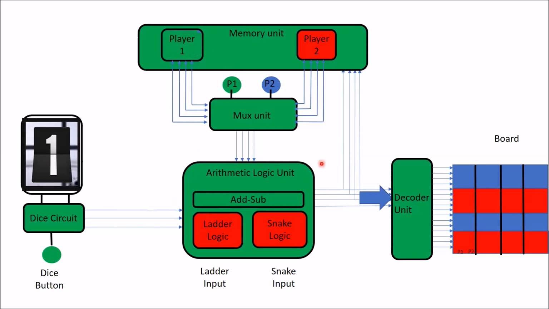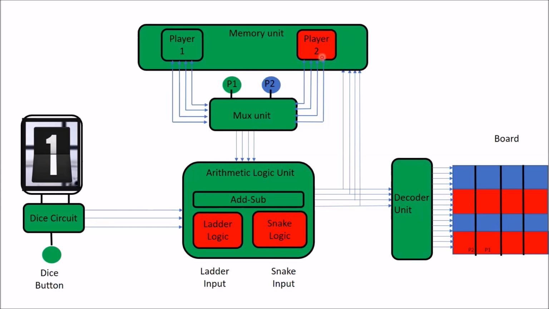Once the data is activated, now you need to update the board, right? If you want to update the board, you need to activate the decoder unit. So activate the decoder unit. So the decoder unit is updated. Now your player 1 will move from this side to this side, right? So update it. Now that is the portion that we are done with player 1. You can see we have not placed any snake or ladder here. We are just showing the snake ladder game without a snake or a ladder, just to add with the previous state.